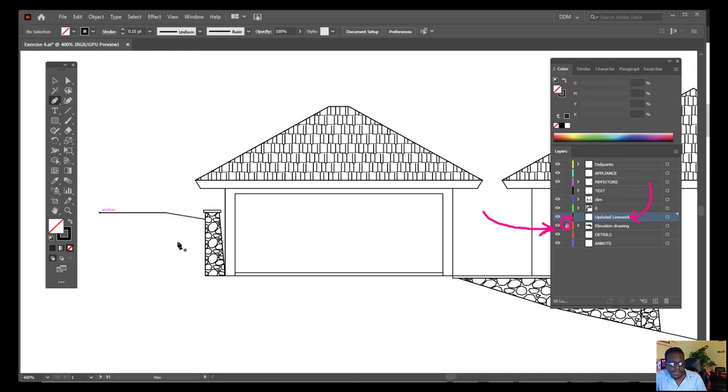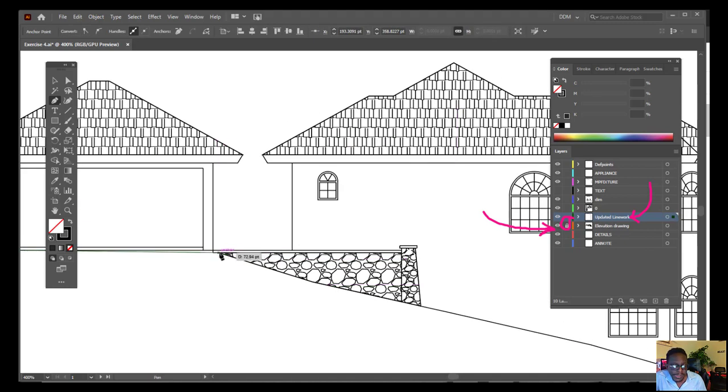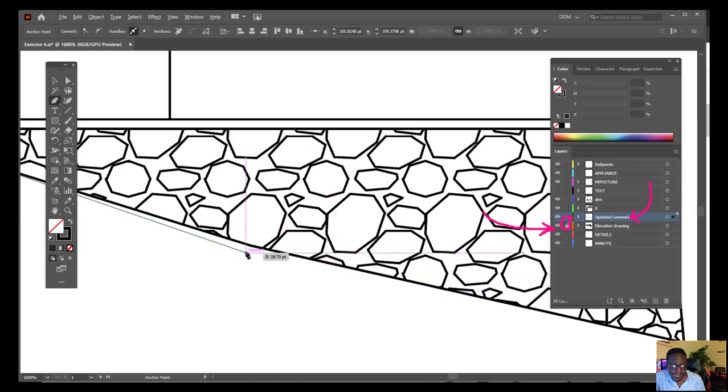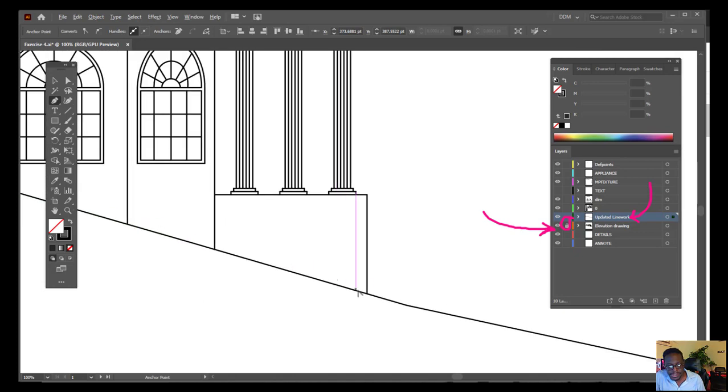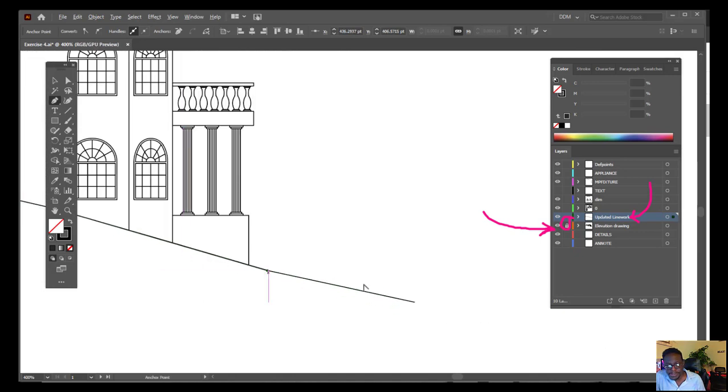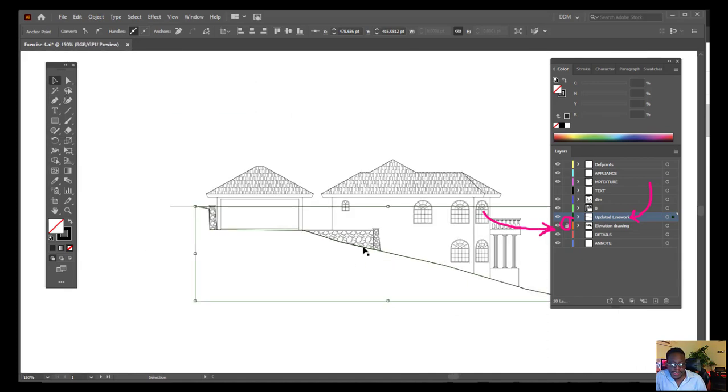So I'm just going to trace this over here. And what I'm doing is just tracing over the lines. Now Illustrator has the ability to snap to anchors. But we're going to make this line really thick, so if it doesn't 100% snap, it should be fine. There we go. Press escape. I'm going to use my selection tool so I can see that that is the line that I have drawn. And then now I'm going to make